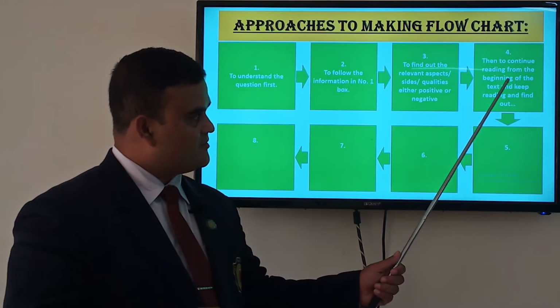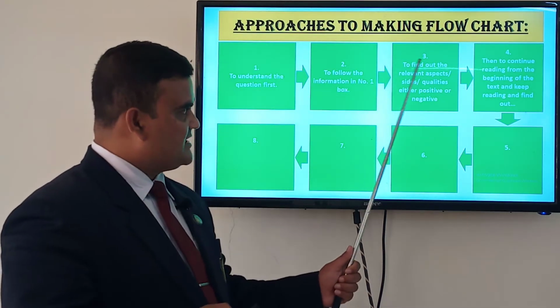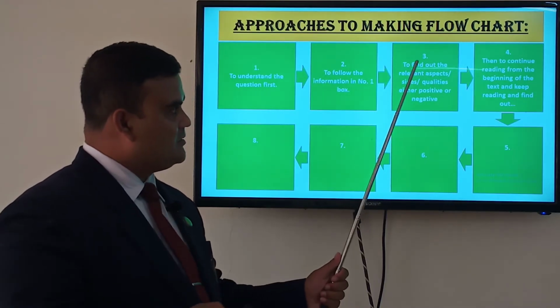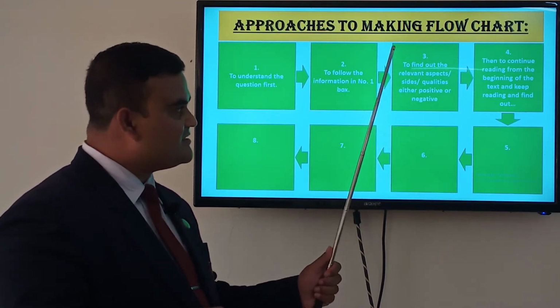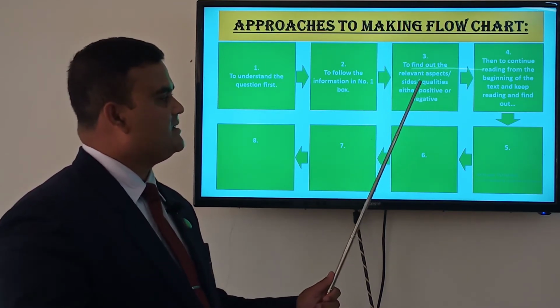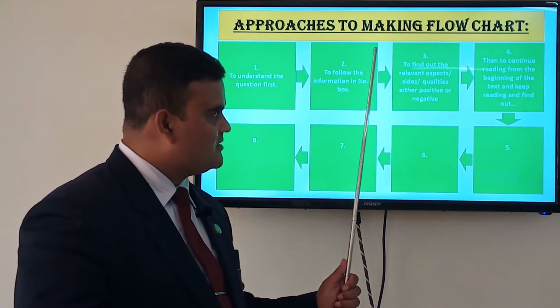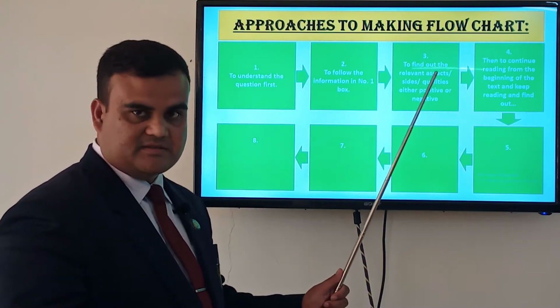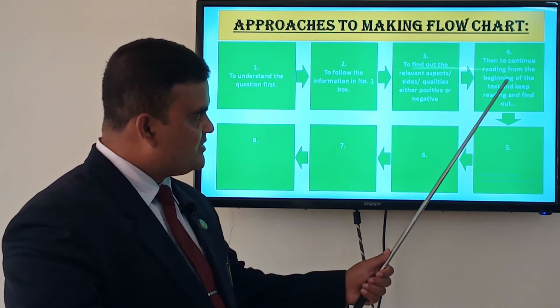Start reading from the beginning and keep reading and find out. This is the way. That is the information given in number 3. We have to bear it in our mind that our target is to find out the relevant aspects or side qualities, either positive or negative, as it is given in box number 1, to fill up our remaining boxes as it is given in the question. We will be doing as